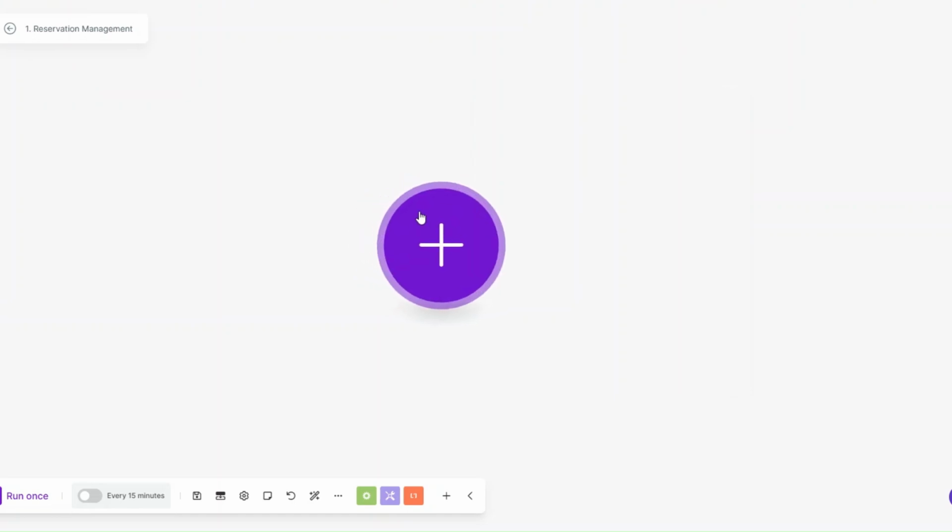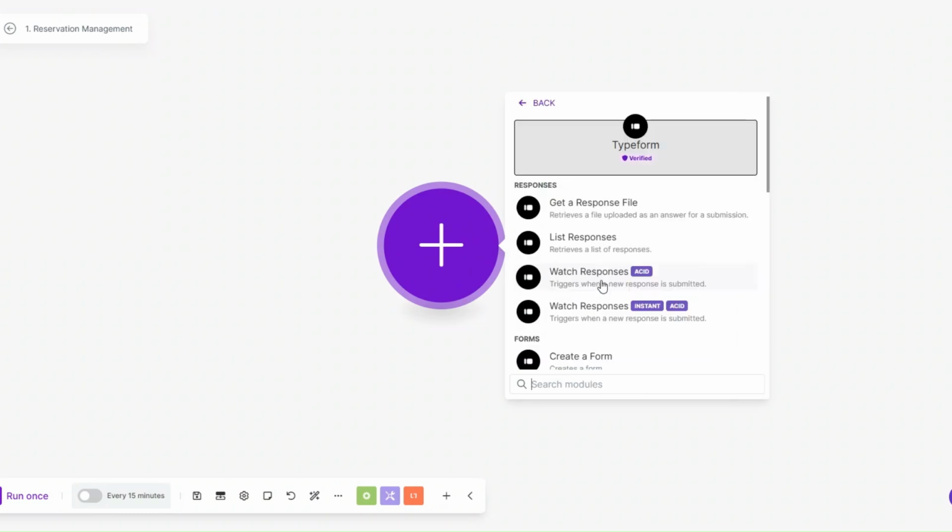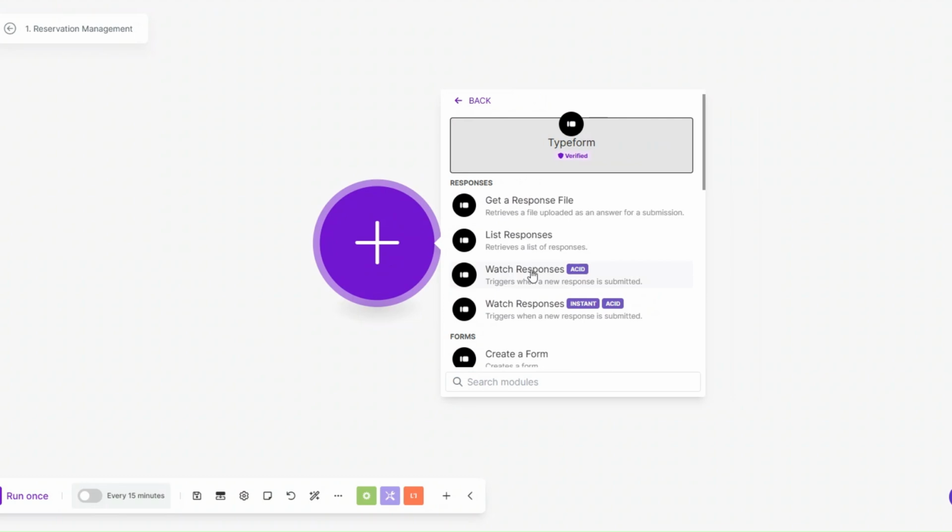And here, we are going to capture our customers' information from our form. So here, I'll search for Typeform and I'll click on watch response trigger. Here, we have two watch response triggers. The first one with ASAP and the other one with instant and ASAP. If you choose the one with ASAP, you'll need to choose when you'd like to trigger the module. But the one with instant, it instantly triggers after the customer has submitted their form. So since I would like to choose when I would like to trigger our module, I'll choose the watch response